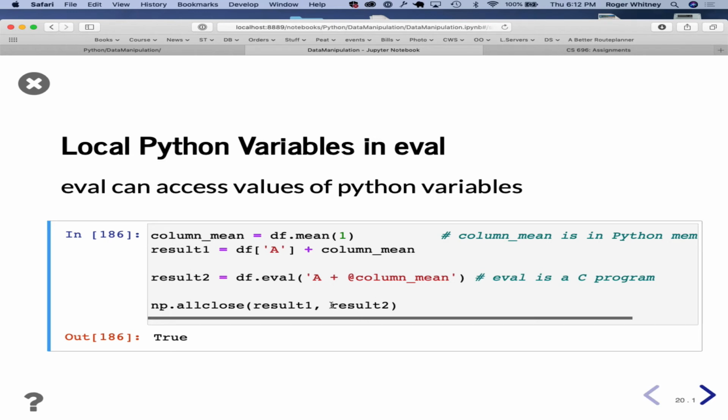And the results are the same. Although we can't do a direct comparison because we're talking about floating point numbers, and now we're talking about Python adding numbers versus C adding numbers. So there might be some differences.